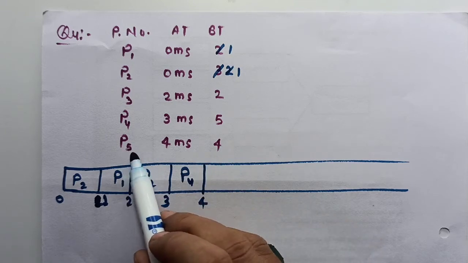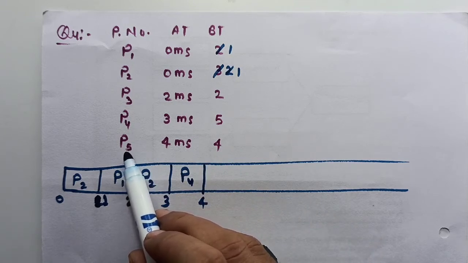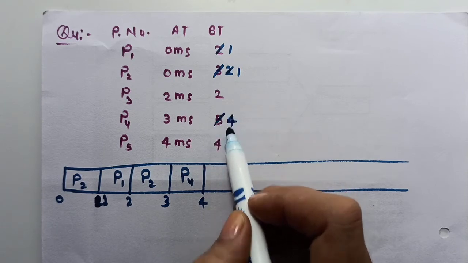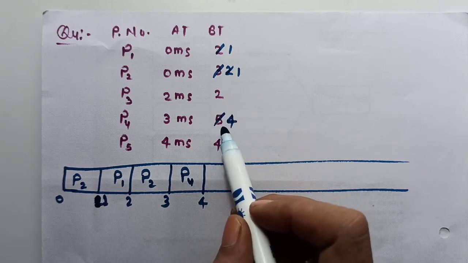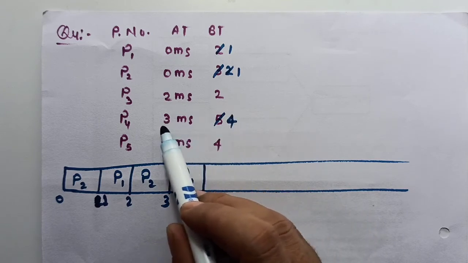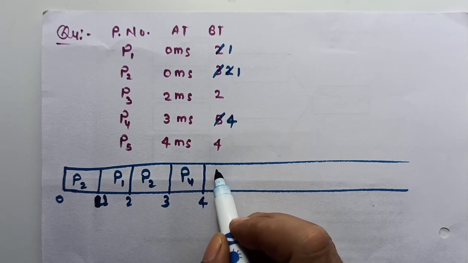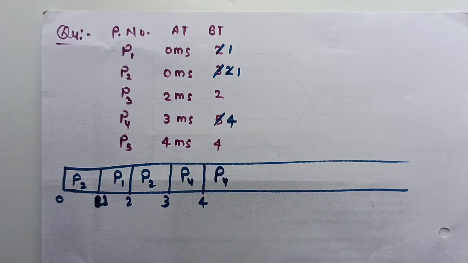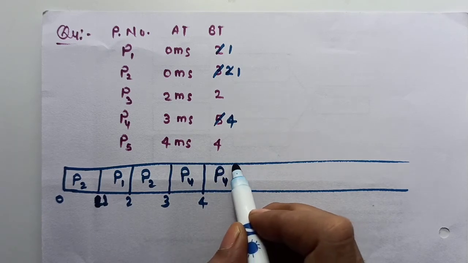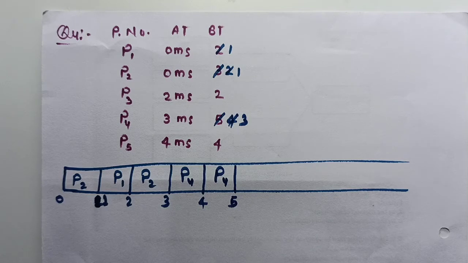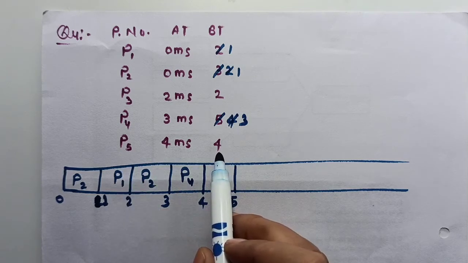Why? See, the new process which has come into the ready queue has the burst unit 4. Until that time, P4 is also 4. Now there is a tie. So the process which has arrived first will be given the chance. So process P4 will execute next. For how much time will this process execute? For 1 unit only, because after executing the 1 unit, the process P5 now has the highest burst time.